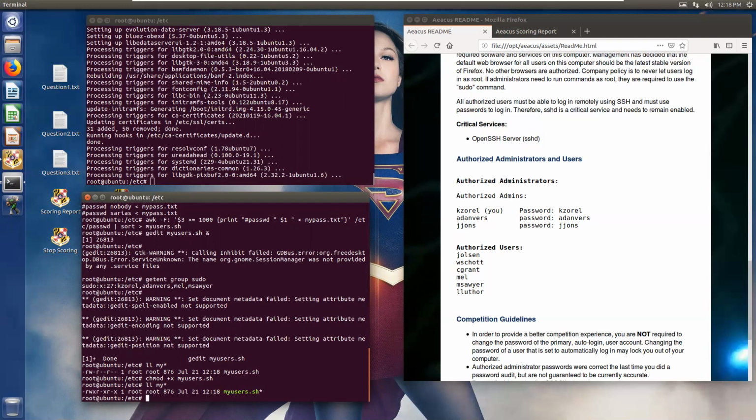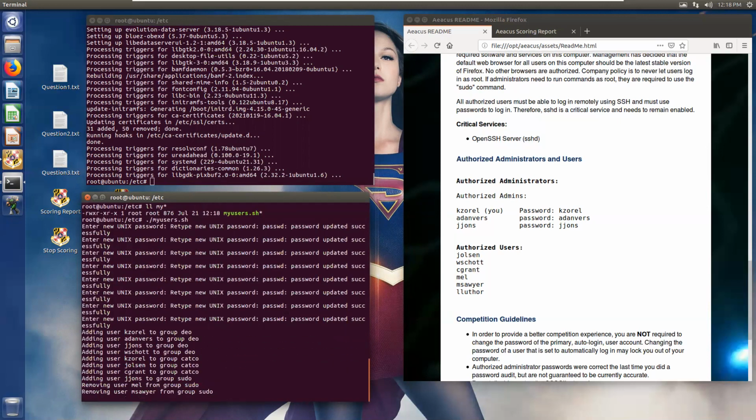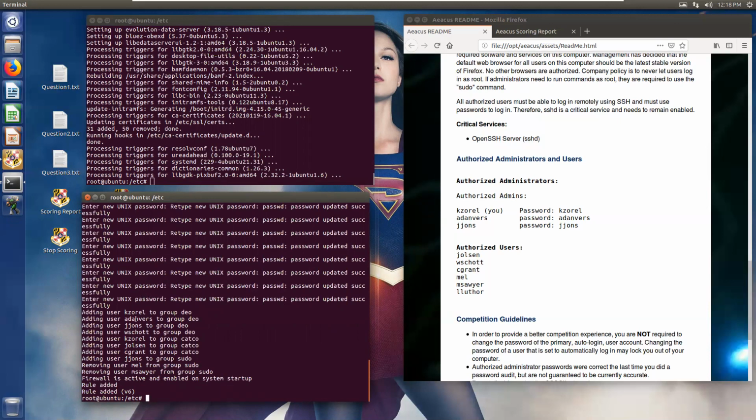See that star and that's green. So to run it, we say ./my users.sh, and it's changed, adding all of those users. It's deleting users. It's setting the firewall rules, adding the groups, changing